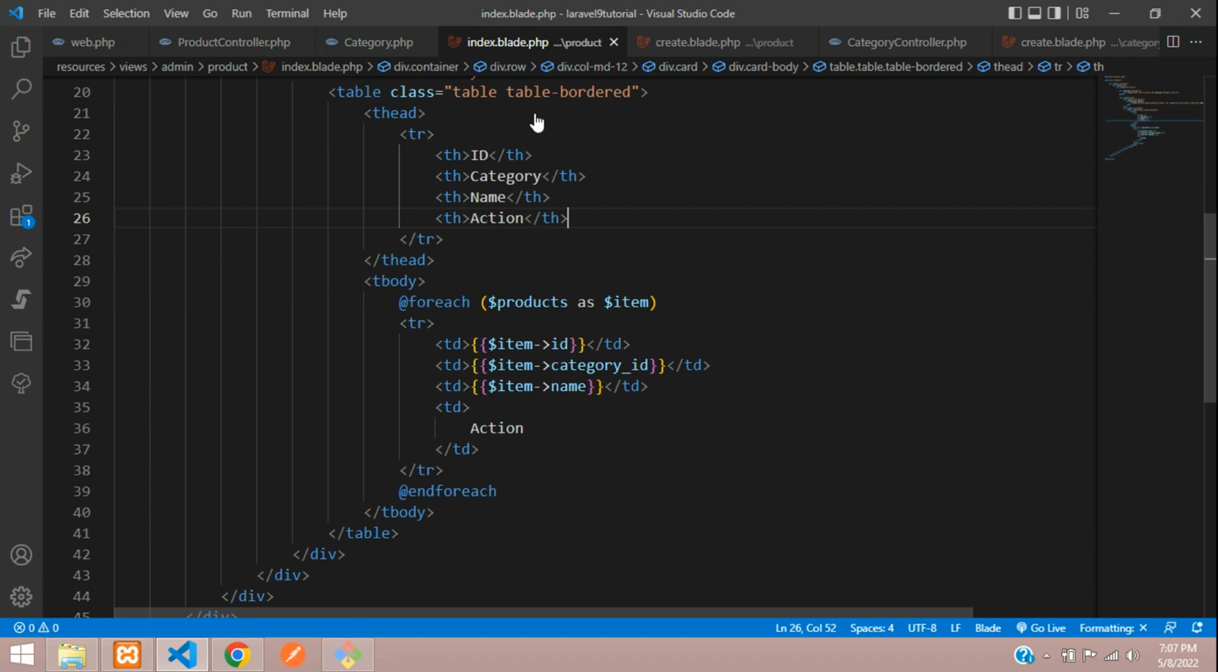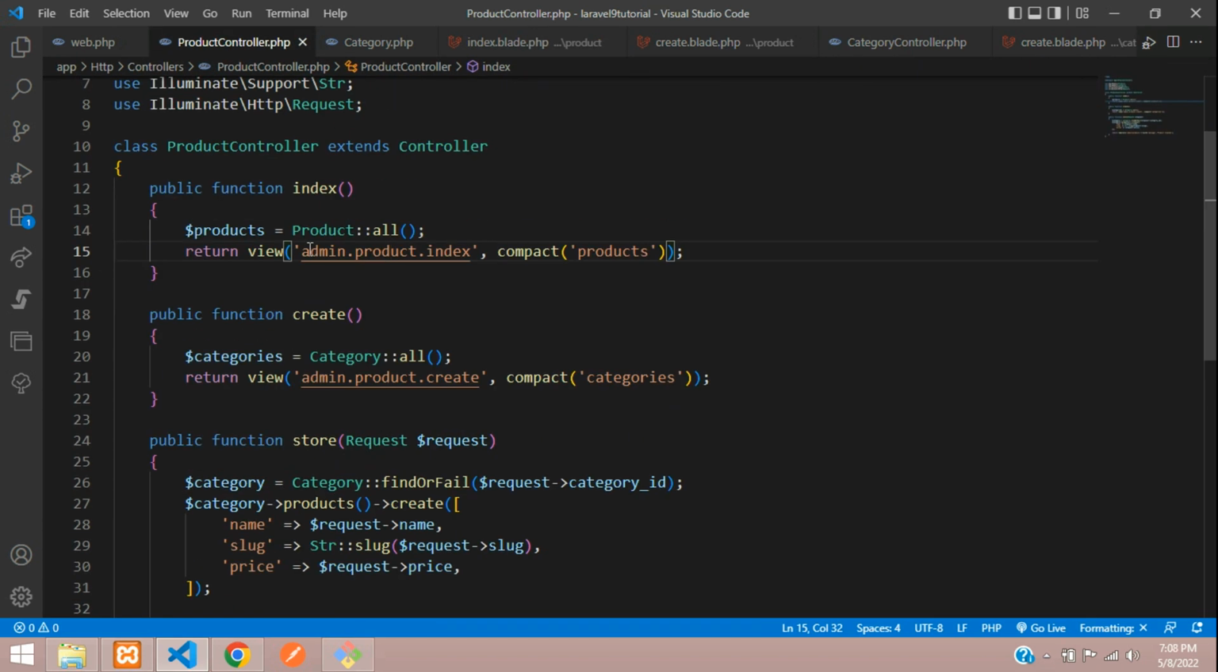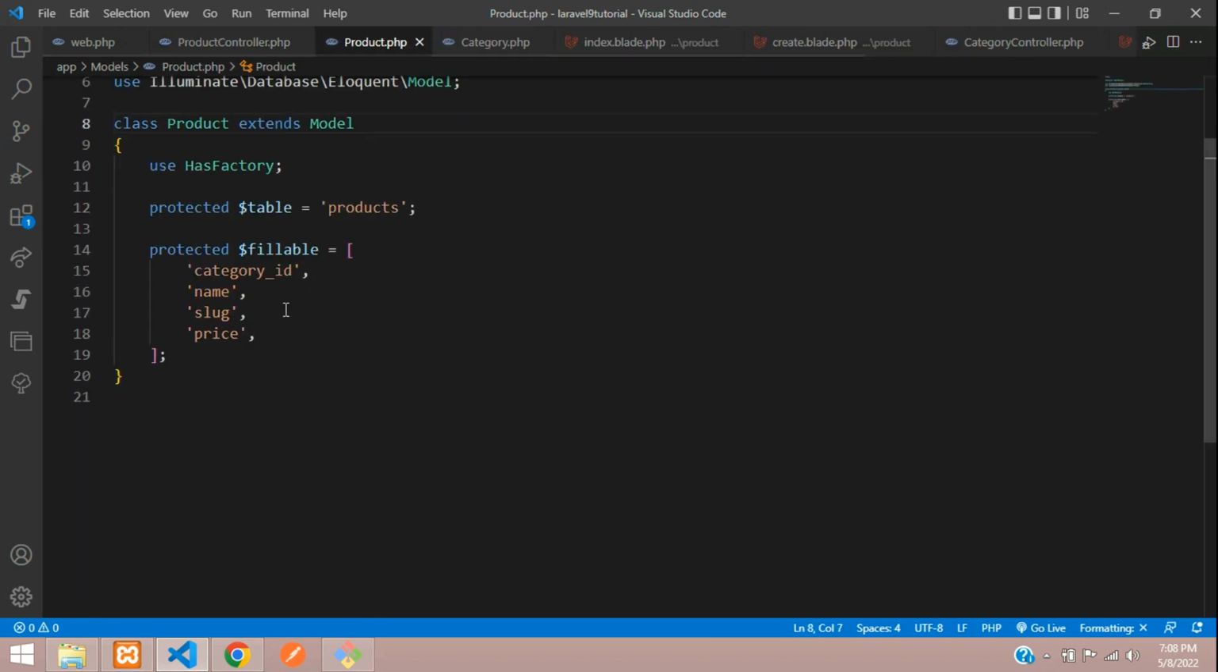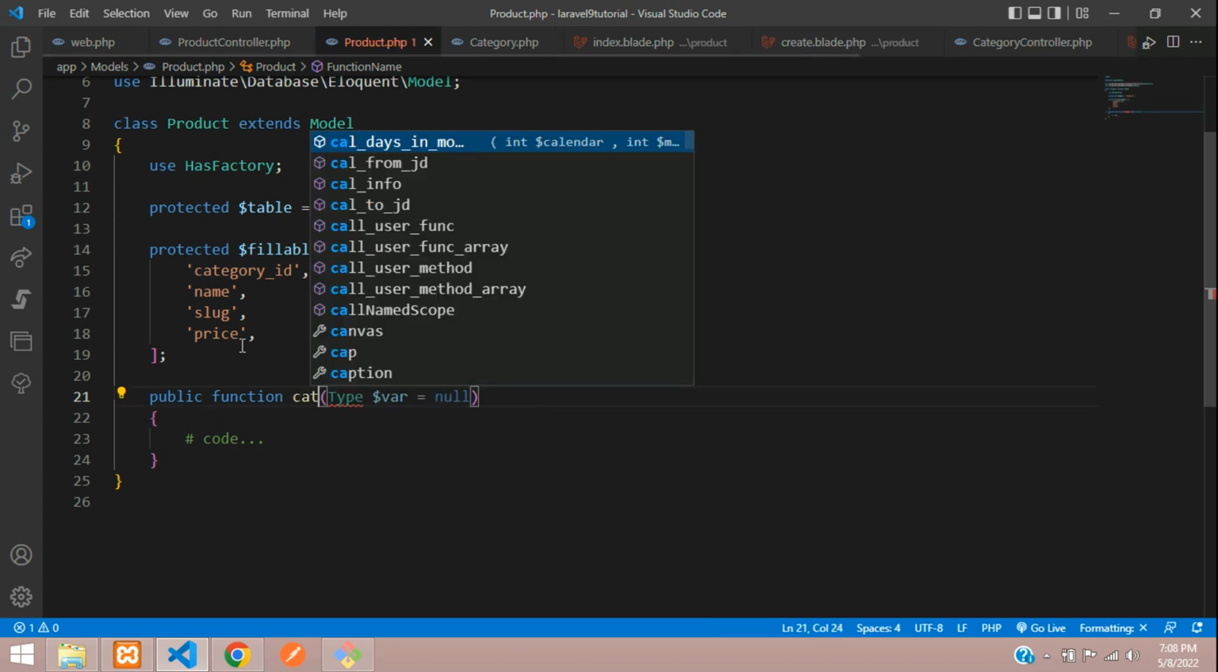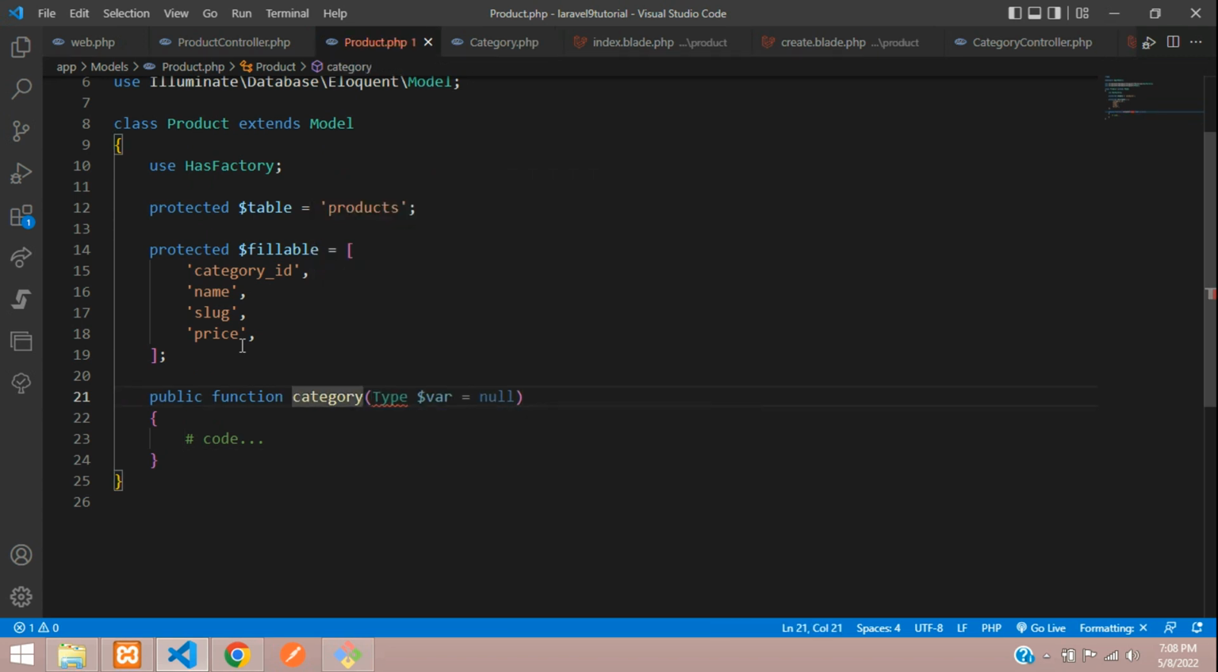So first step guys, you need to go to your products model. At this index function, we are fetching the records. So inside your product model, let's move to our product. And here you create your belongs to relationship, that is inverse. So create a function called category, and we don't need any type. Let's remove that. And here you return